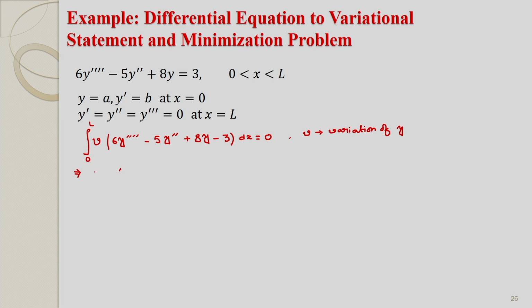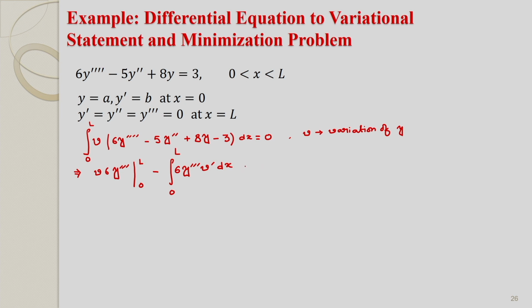So, for the first term it will be y triple prime v, from 0 to L, minus the integral of y triple prime v prime dx from 0 to L,